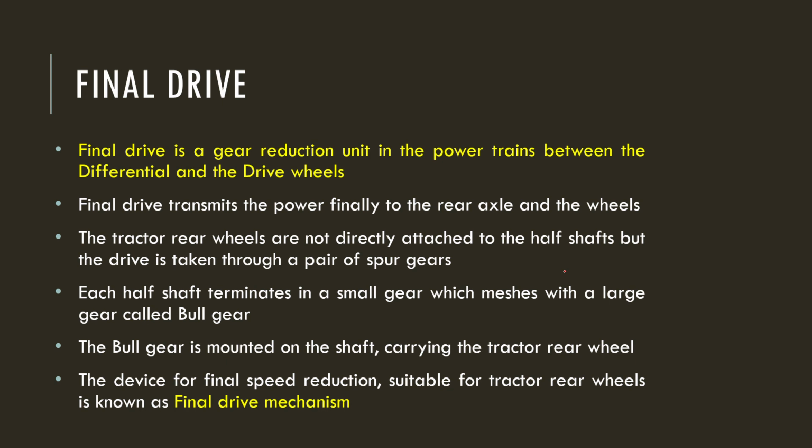The half shaft then meshes with another pair of gears. Each half shaft terminates in a smaller gear which meshes with a larger gear called a bull gear. That bull gear is mounted on a shaft that carries the tractor rear wheel. So further speed reduction takes place at that point, and this is the final gear reduction, the final drive. The device for final speed reduction suitable for a tractor rear wheel is known as the final drive